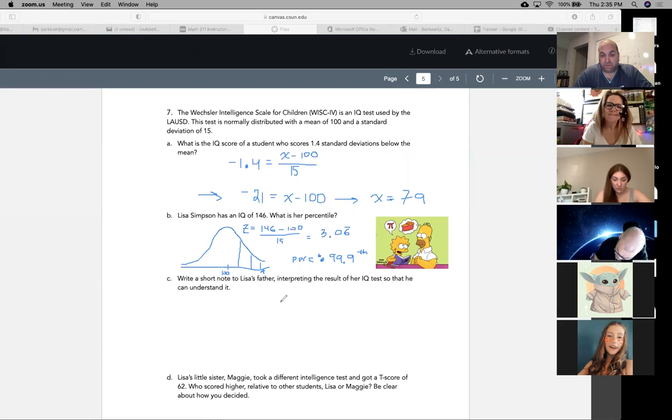Now, Lisa's little sister Maggie took a different intelligence test and got a T-score of 62. Who scored higher relative to other students, Lisa or Maggie? Well, if you're going to compare them, we have to actually have both of their T-scores or both of their z-scores. So let's do the T-score for Lisa. What's the formula to compute a T-score? 10 times the z-score plus 50. So if I take Lisa's score, which is 3.06 bar times 10, and then I add 50 to that,